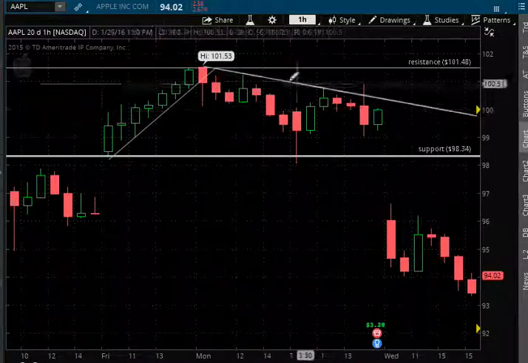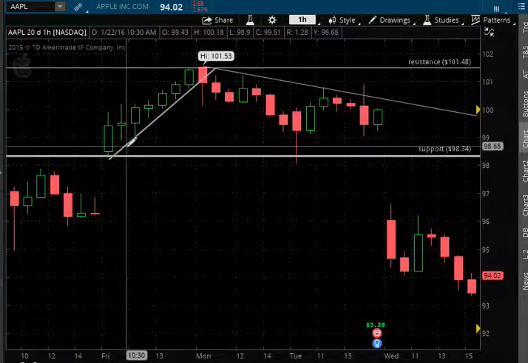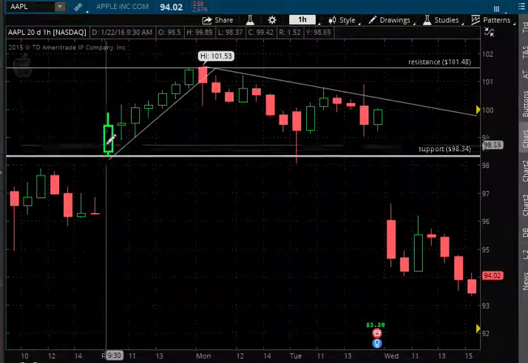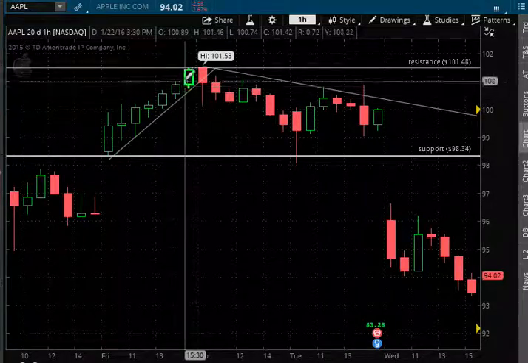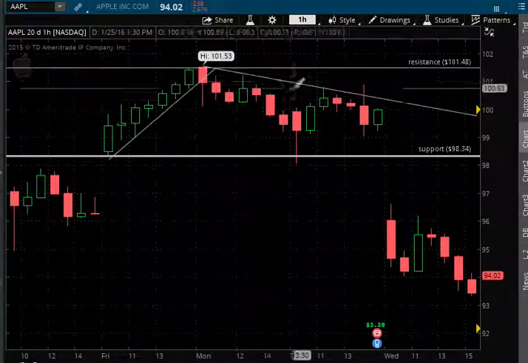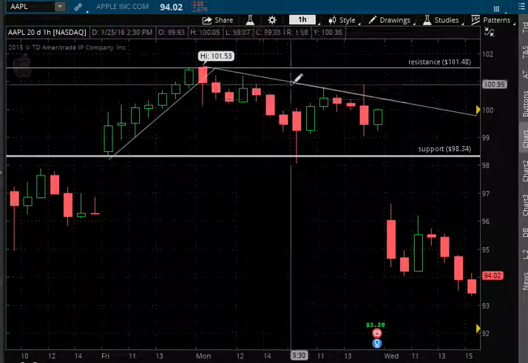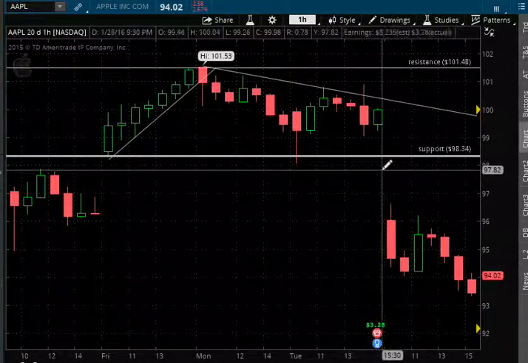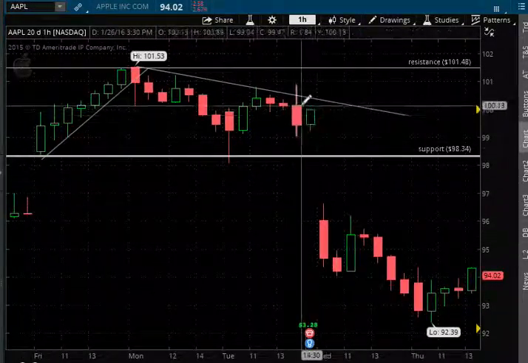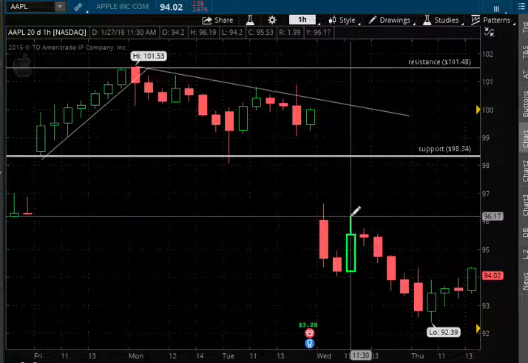Trend line resistance. That's trend line resistance. This is trend line support. This supported this level until it broke. This is trend line resistance. We couldn't get above that line. So we kept falling. And we kept falling until,